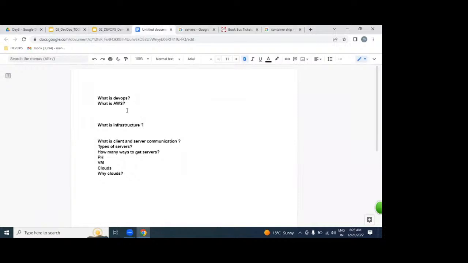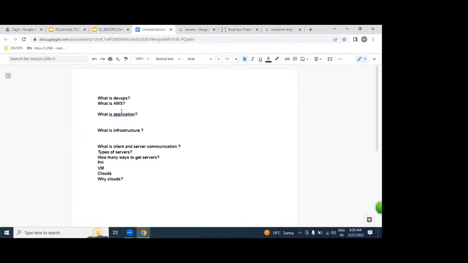Yesterday only we discussed it. So first, what is an application? Simply a website. For maintaining and deploying our applications, meaning websites,